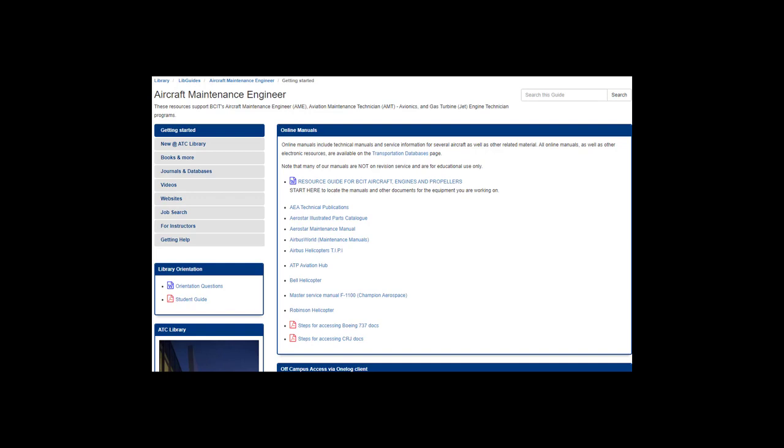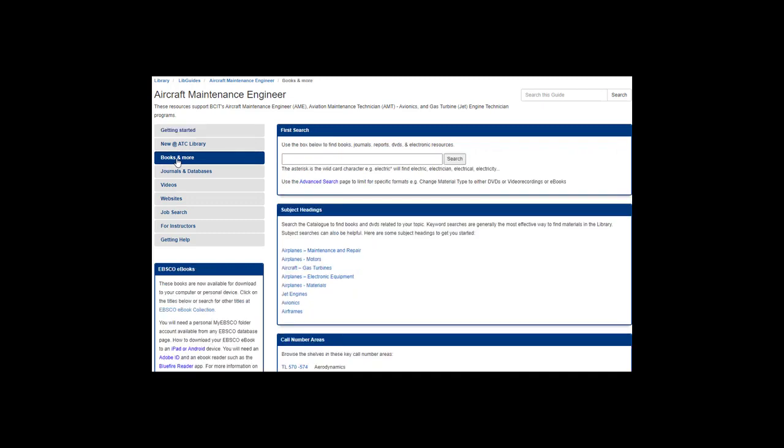So much for finding manuals. Now I'm just going to turn to some of the more general library resources that you'd be able to find. And to do that, I'm going to go under Books and More. And I would say more is sort of the operative term there, because we do have